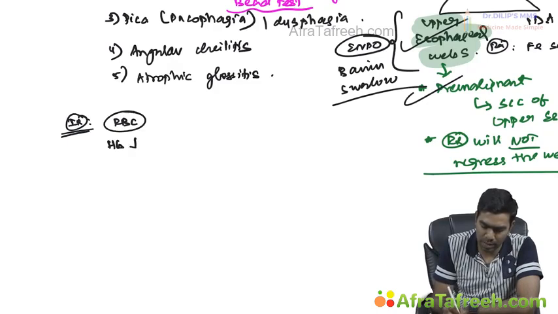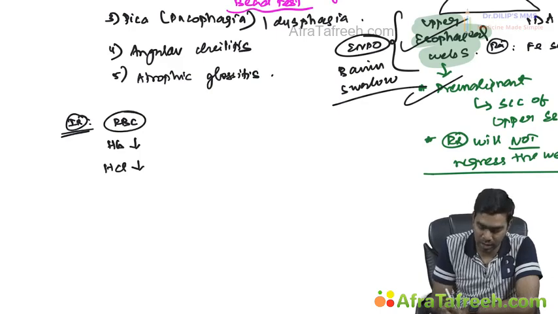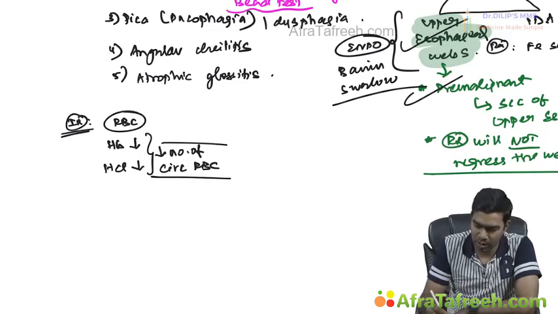Obviously the hemoglobin will be decreased, the hematocrit will be decreased. That is, hematocrit and hemoglobin are decreased. That is because of the reduced number of circulating RBCs. Circulating RBCs will be reduced because, as I told you, whenever you have a